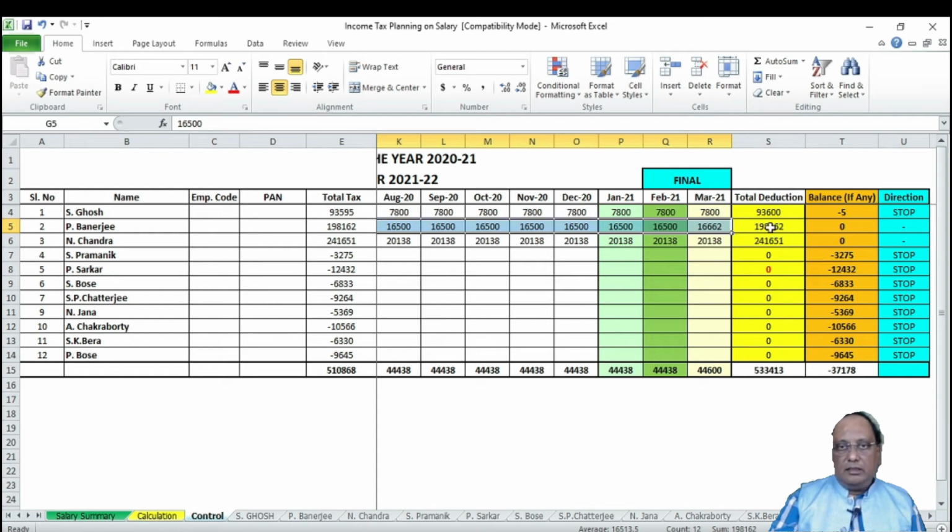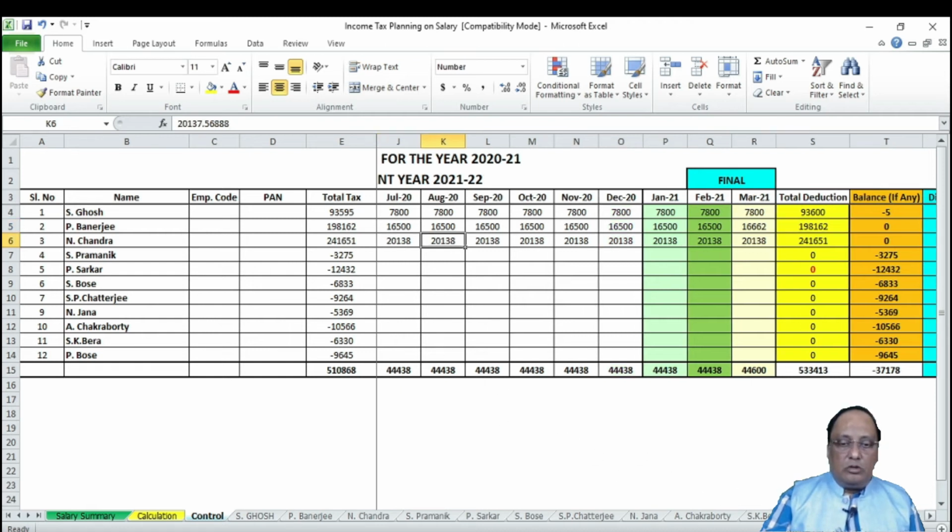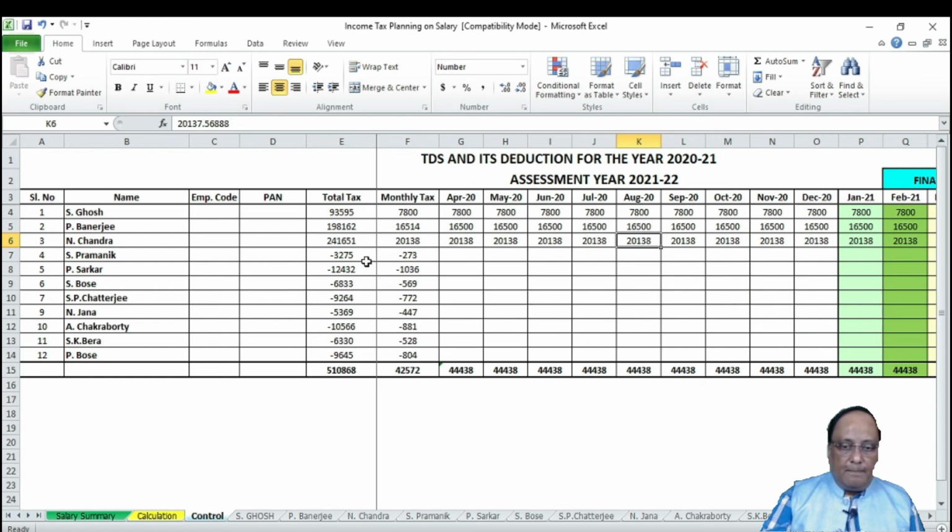So automatically you can make your plan. You can guide all the individual employees to deduct tax according to their pay structure. The next man is N. Chandra. His monthly deduction should be 20,138.